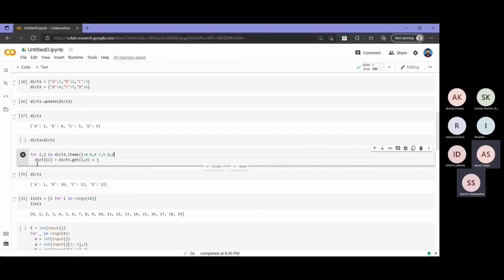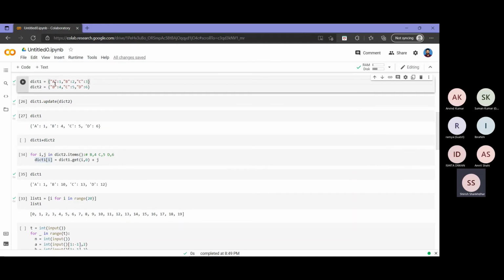Okay. Now going to the next line. In the next line, I am trying to concatenate two dictionaries. Whichever values are already there in dictionary 1, I want to update those values by adding the value that I got from dictionary 2. If the key is not already present in dict1, I want to just add a new key with the corresponding value. So dict1 dot get is useful here. I can directly write dict1 of i here. But the issue is, if it is the keys, okay, we can just try that.